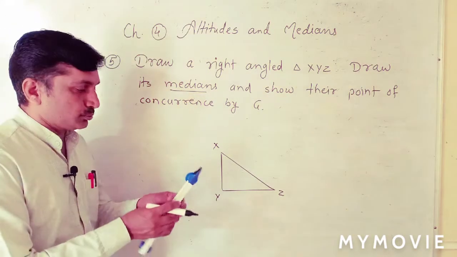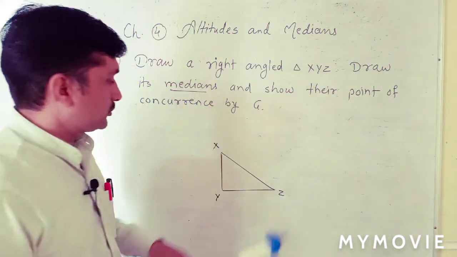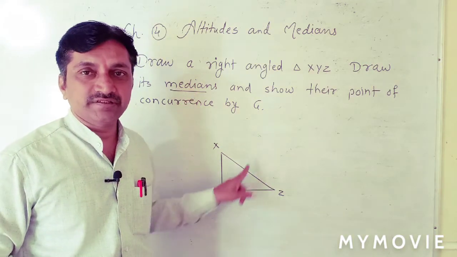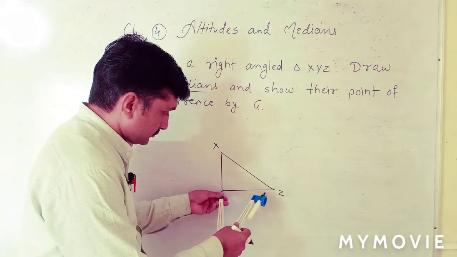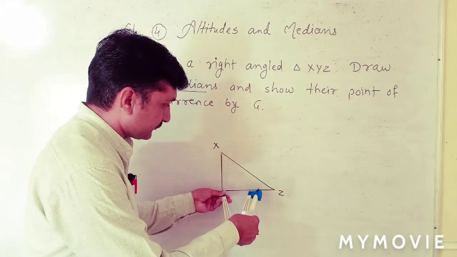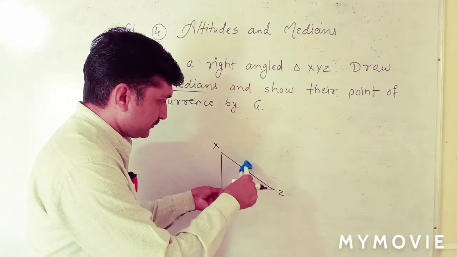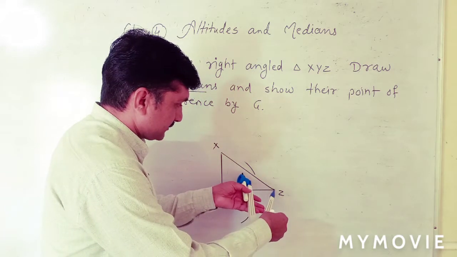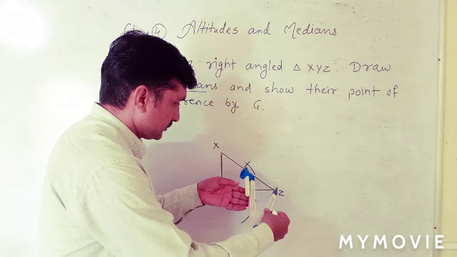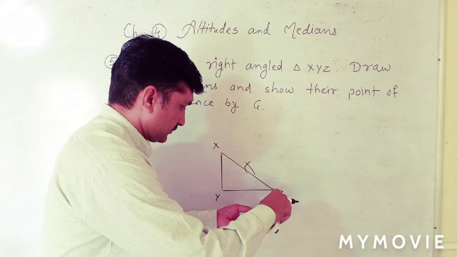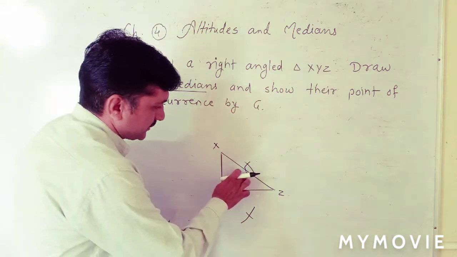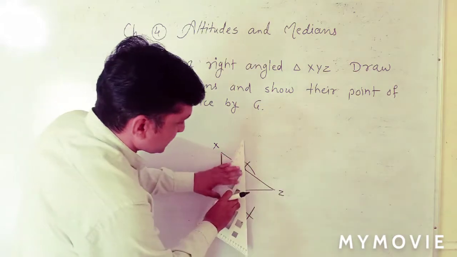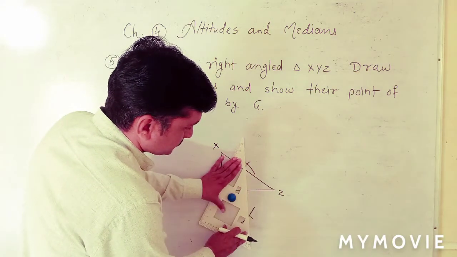And to bisect a segment, we have to use a compass. For median, we need the midpoint of each side, then one by one. First, let's divide YZ. From Z, more than half, one arc up, one arc down, same distance from Z, let them intersect here and here. Okay, now they intersected. Draw a line passing through these intersection points. We get the midpoint.